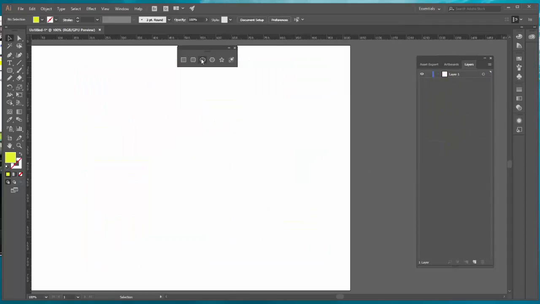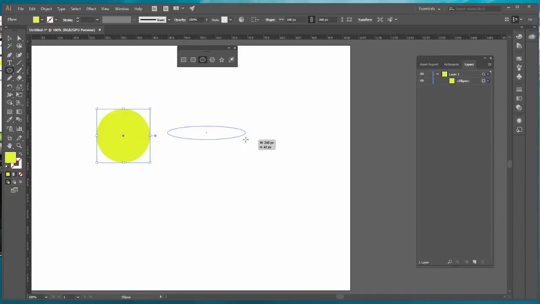Okay, so some of the other ones we have up here: if we want a circle, we're going to go to our ellipse tool. Again, if we want a complete circle, we're going to hold down the Shift key and draw. If we want to draw from the center, we're going to hold down the Alt key and you can draw from the center. You can hold the Shift key if you want to constrain it. With all those still held down, I can hold down the space bar key